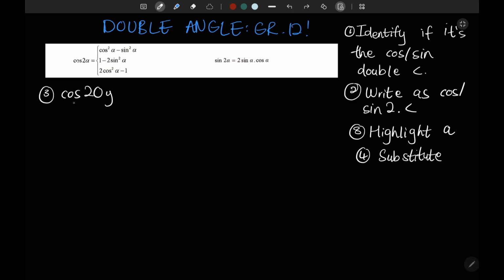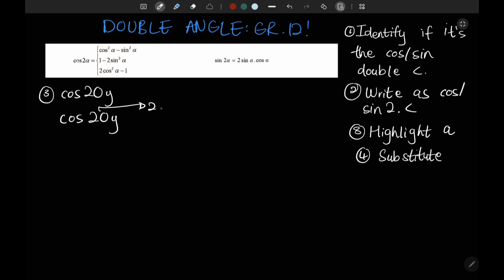Okay, cos 20y. What's the first step? Identify if it's the cos or sine double angle. It starts with cos, so it's the cos double angle. Okay, step 2, write as cos or sine 2 times your angle. To do so, we'll say cos